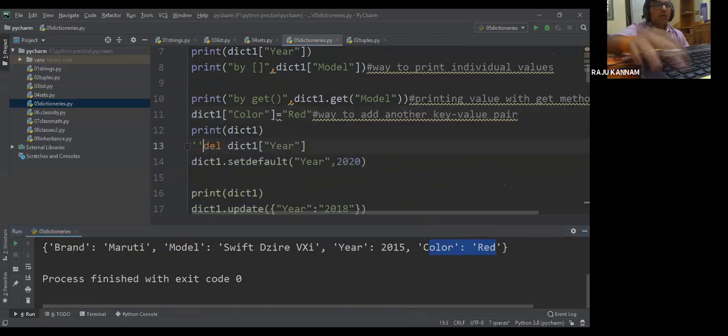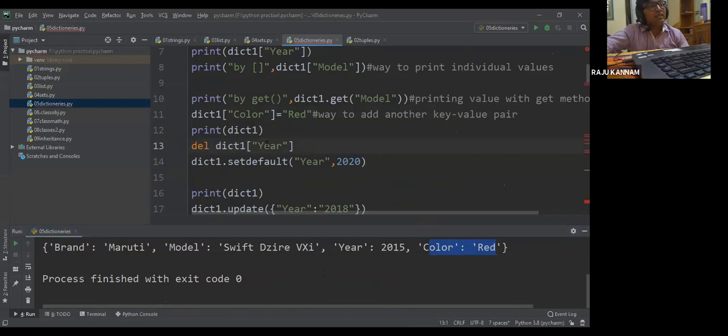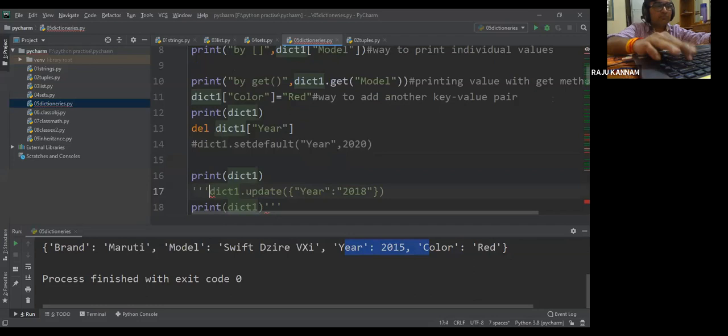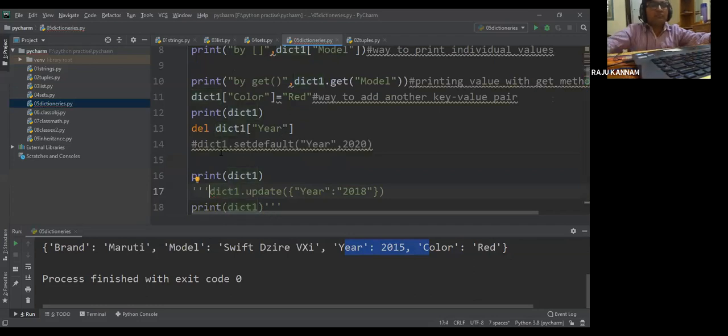Now here, by using delete, you can delete any element. Dict1, now I don't want year. You can delete it. So if you apply delete on dict1, which key are you deleting?